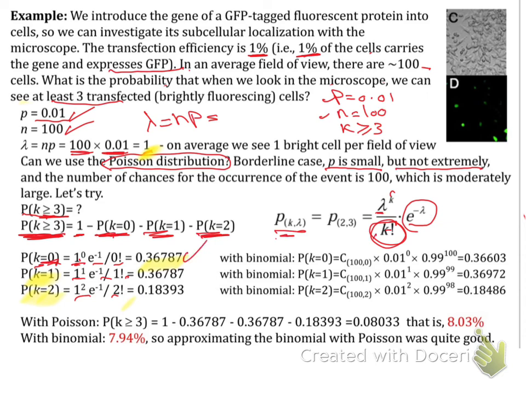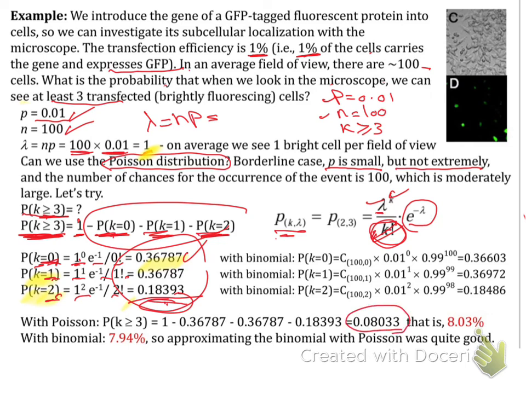Then next time we'll put k equals 1, third time we'll put k equals 2, and we'll get the answer every time. Then we'll add them up, and after adding them up, we'll say 1 minus the total of them. The answer we have got here for this probability will be 0.08,